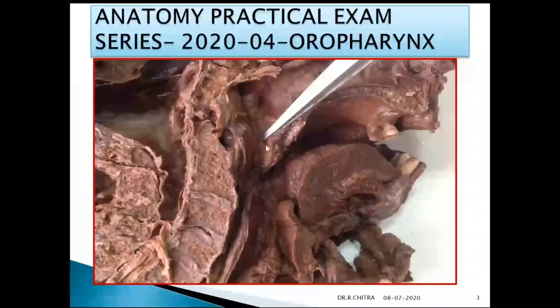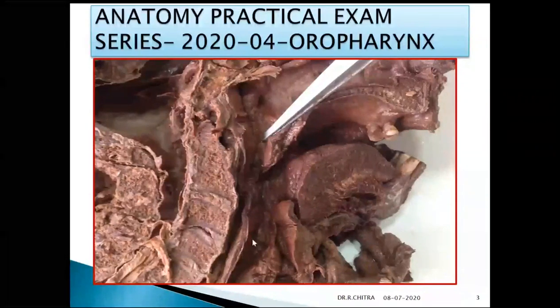So this is mainly to show the forceps is in the place of this communication between the nasopharynx and oropharynx. This is the floor of the nasopharynx, called the pharyngeal isthmus, which is bounded in front by the posterior surface and free margin of the soft palate, and behind by Passavant's ridge, which is formed by the palatopharyngeal sphincter,